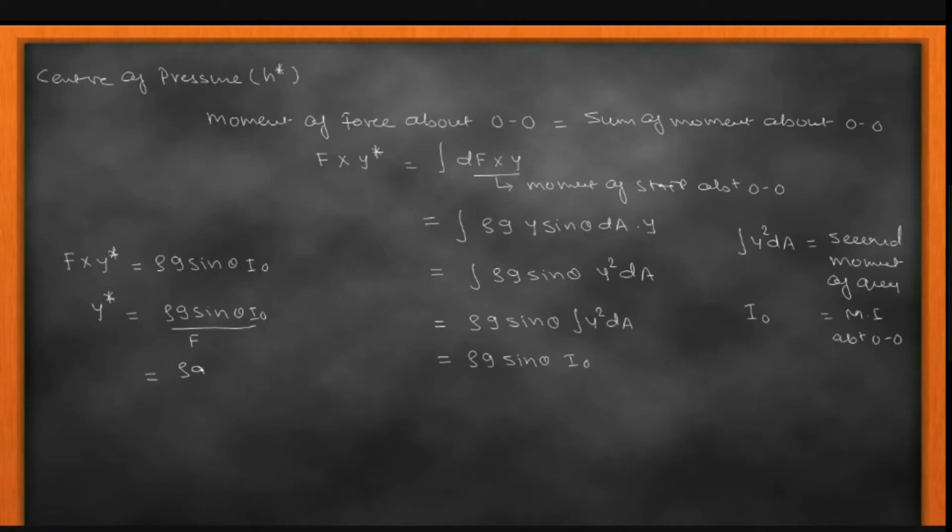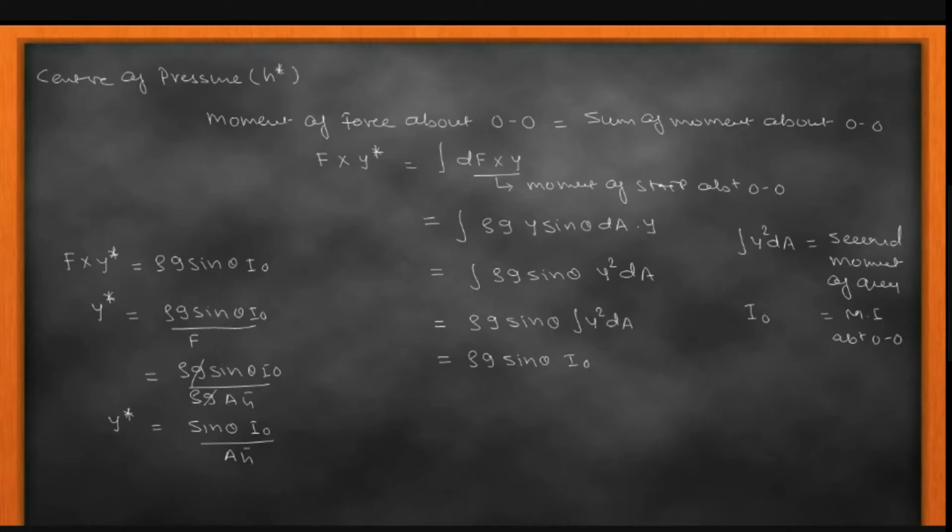So rho G sine theta into I naught divided by rho G A H cut. This rho G is cancelled out, and we get the sine theta. We get the final expression of Y star, that Y star equals sine theta into I naught divided by